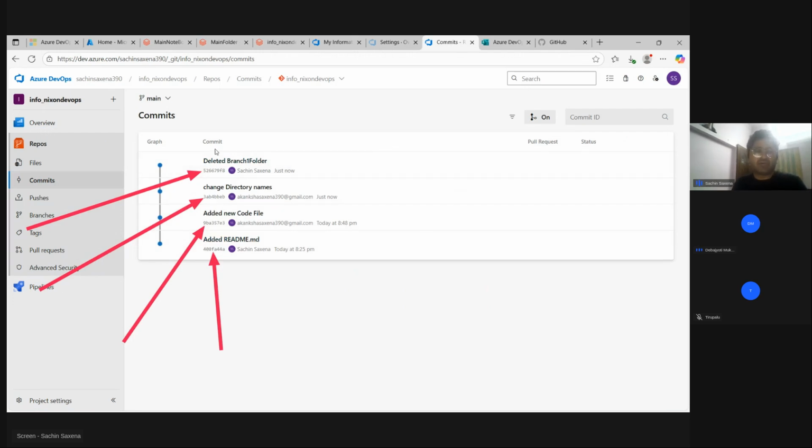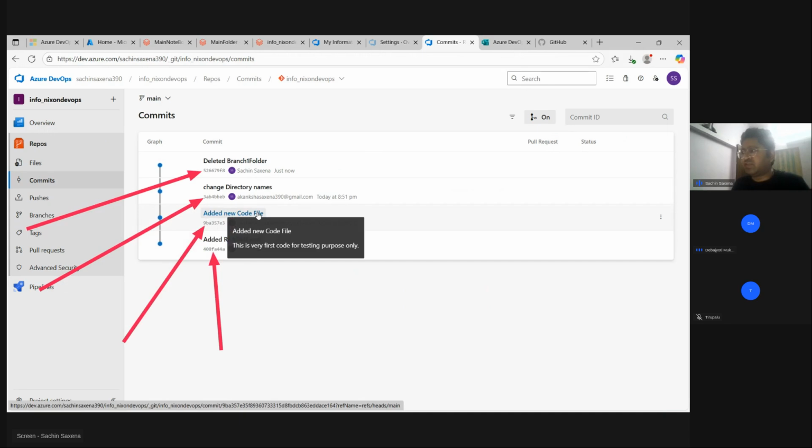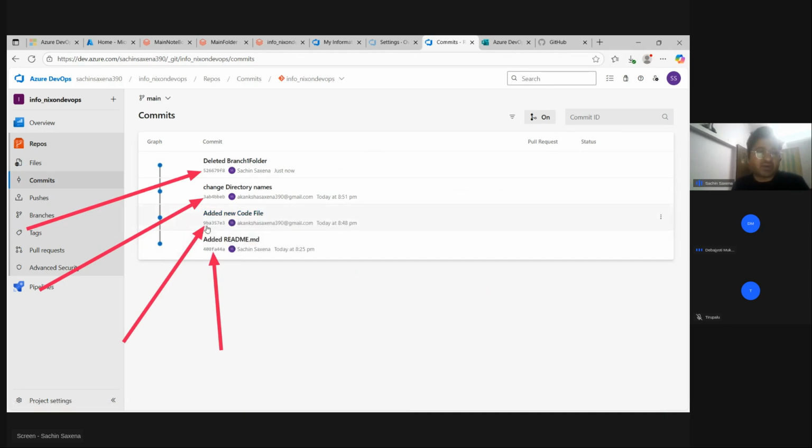For example, you have so many deleted branch folders, right? So if I say there are 10 deleted commands or change directory names, you will get confused about whose change directory name it is, which step is saying edit new command, and there would be n number of edit new code file names there. So I won't say just go there and check your edit new code file step. No, I won't say that. I'll say just check your commit number